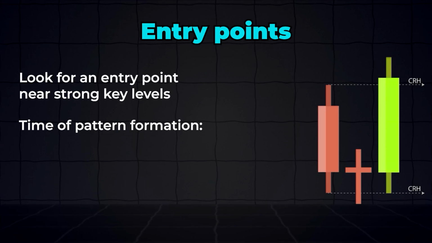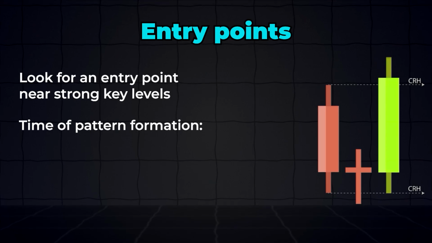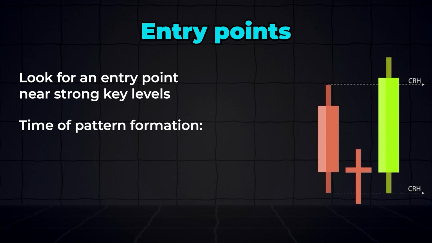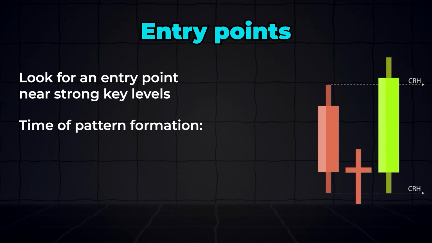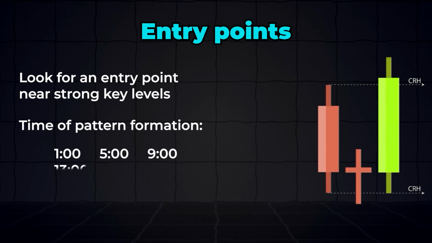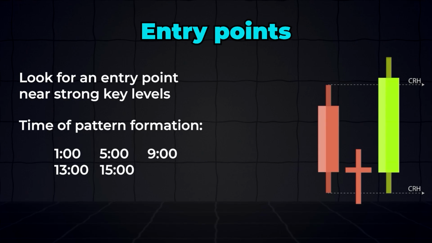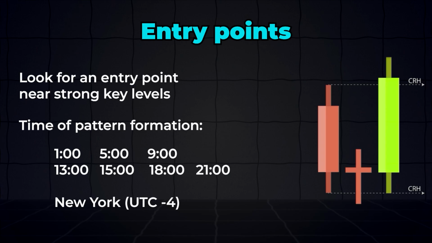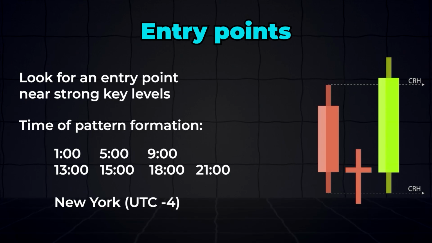The method works because it reflects how institutional traders actually operate in the markets. These specific time intervals in the Forex market correspond to 1 AM, 5 AM, 9 AM, 1 PM, 3 PM, 6 PM, and 9 PM on New York time. Now that we've covered the theory, let's move to real market examples, and I will show you how this works